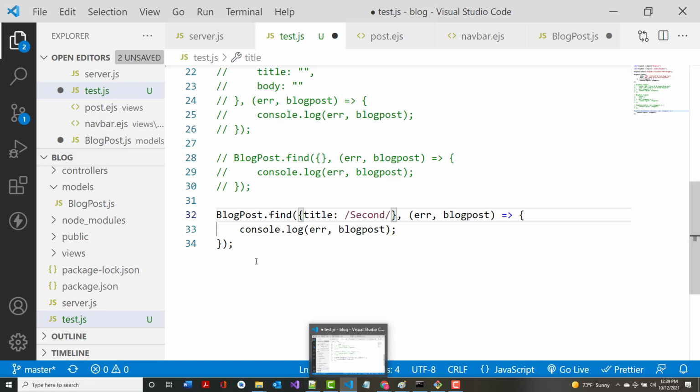And again, what that is saying is if you've got any title with the word second in it, I want you to display that. Does that make sense? Now, if we did not have a title with the word second in it, as long as we wrote this syntactically correct, we wouldn't get an error. We'd get bracket, bracket, meaning there's an empty array, meaning there's nothing that meets our criteria. All right, so I'm going to save this, come back to here,